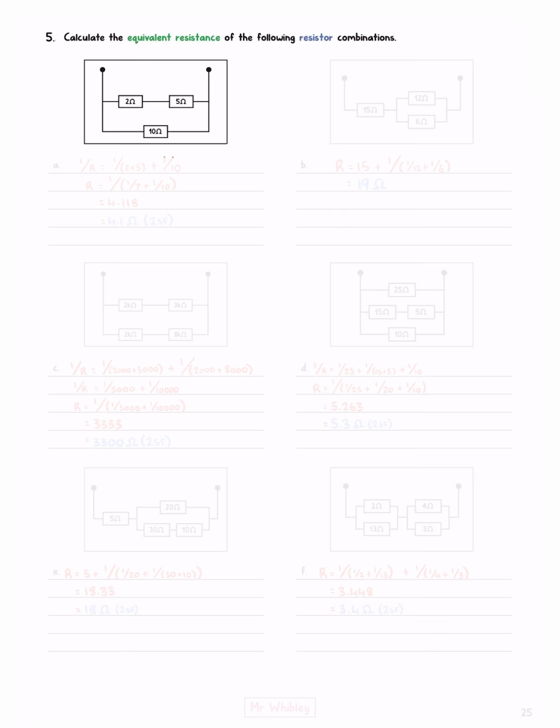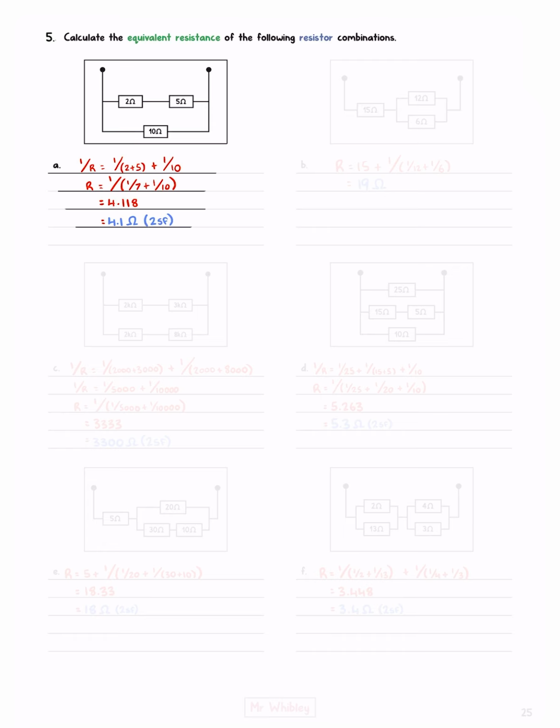So essentially we have two branches in parallel, and so we use the parallel resistance equation. 1 over the total resistance is the sum of our 1 over resistances, where one branch has a 2 and 5 in series, and so we add those resistances together, and our other branch just has 10. Taking the inverse of both sides and combining our 2 and 5 into 7, we get 4.118, or 4.1 ohms